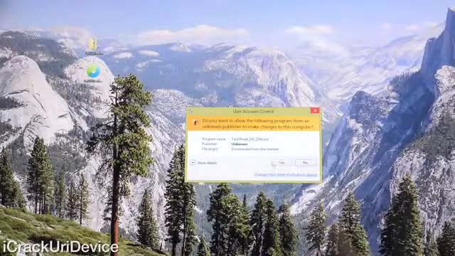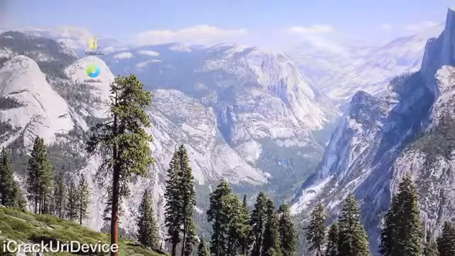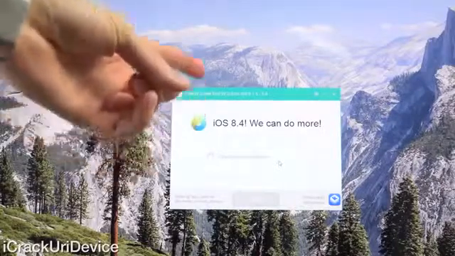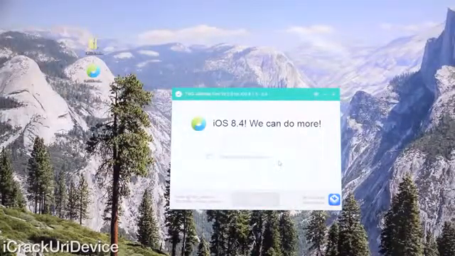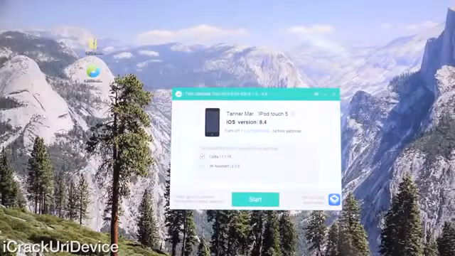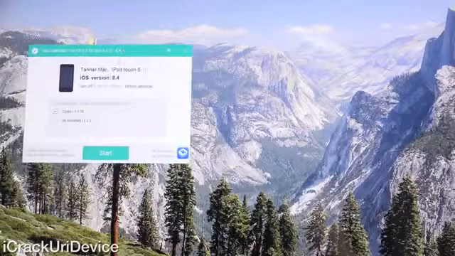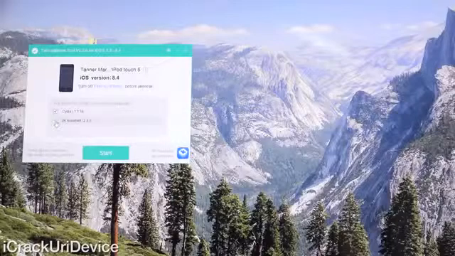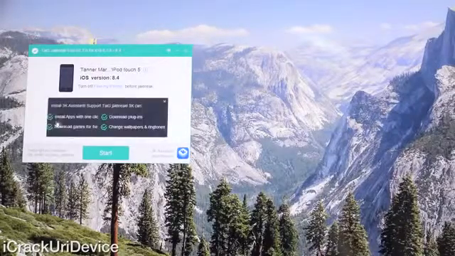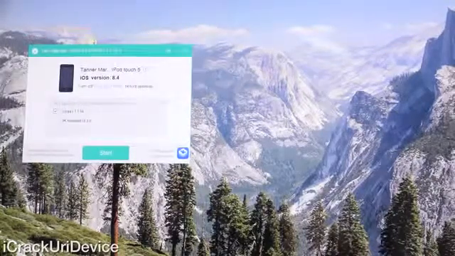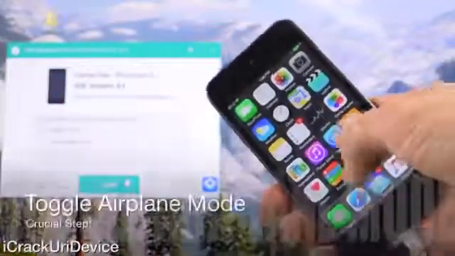From here, you will receive this prompt and you just want to click on Yes to run it. And then TaiG should pop up, and once it does, we will continue. As you can see, it says iOS 8.4, we can do more, checking TaiG version. So it's just checking everything, and it's just determining what firmware we're on. So as you can see, it says iPod Touch 5, iOS 8.4. Let's go ahead and bring TaiG over here, and we're going to uncheck the box at the bottom. That's just 3K Assistant. It's a third-party Chinese software distribution platform. We're not interested in that whatsoever. We just want Cydia, so uncheck that. I'm going to zoom in here, readjust the view, and we'll get started. Okay, so now that I'm back, to speed the process along, we can go ahead and